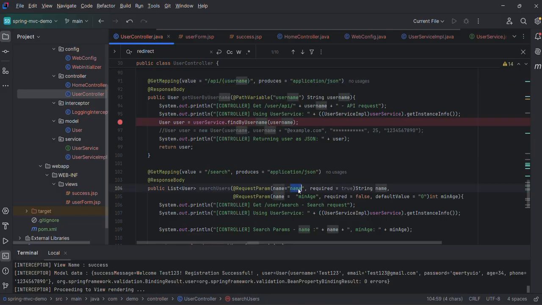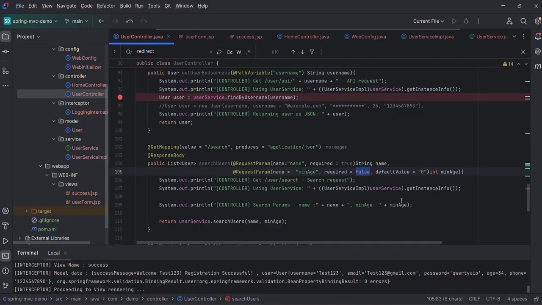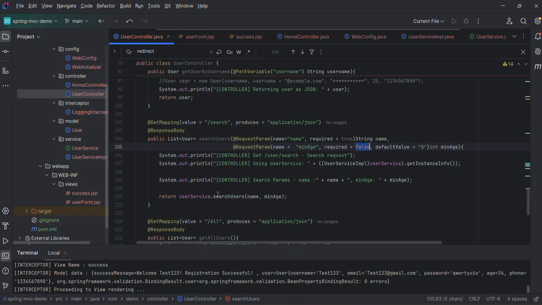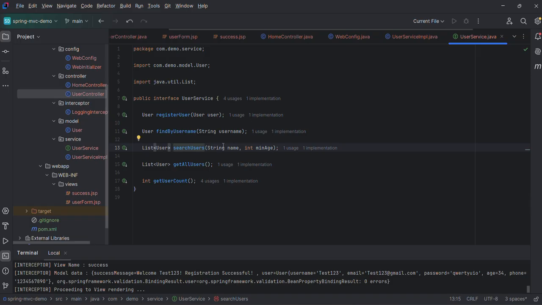The name should be required is true. You should give the name, and minimum age required is false. You don't need to give that. Even if you don't provide it, you will get a response from there. And then user slash search. So let's go into search